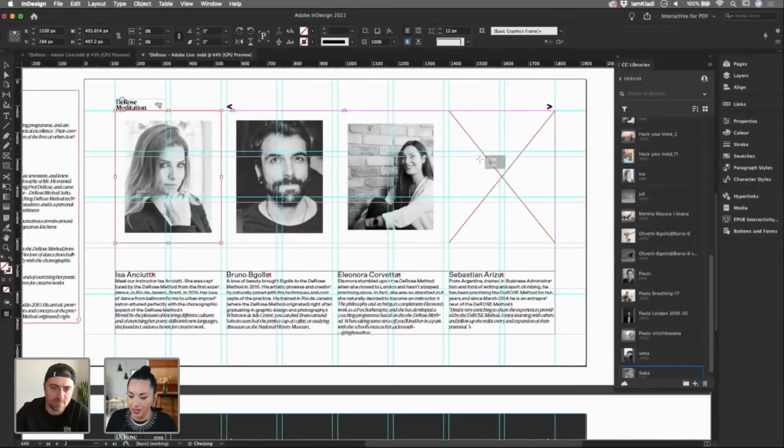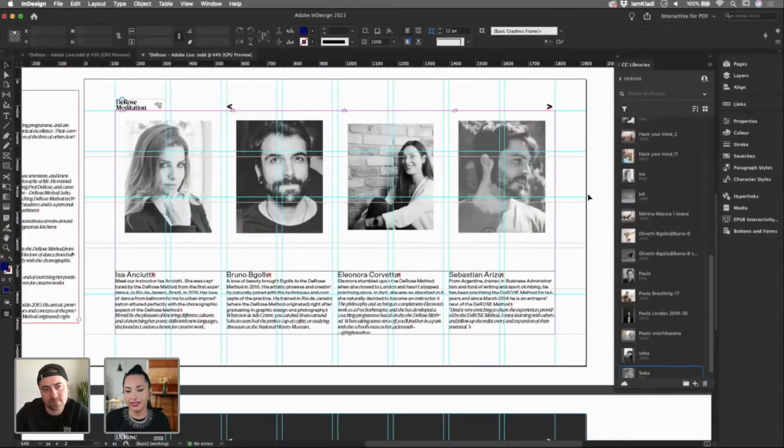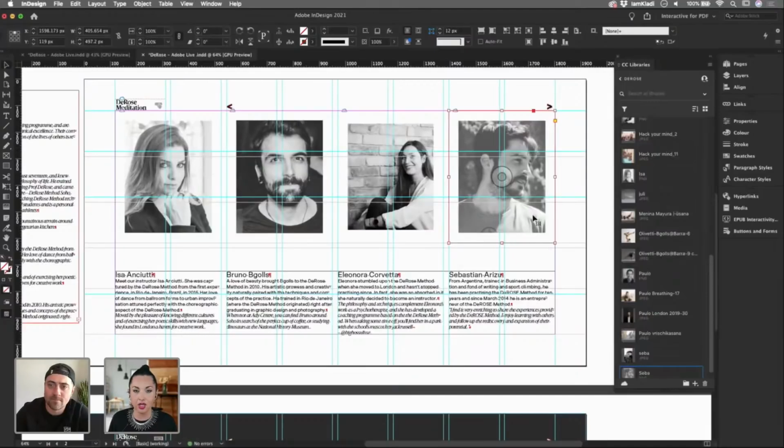Here it is. So what happened now is the images look like they have different sizes. The whole point of having these beautiful and organized frames was to make sure that all the images looked the same. But at the moment, because they have different sizes, they're not really taking advantage of all that space and all that real estate within the frame. So all I have to do now, and you can do that by selecting each single frame one at a time just by clicking on it, or you can also work on multiple frames at the same time by clicking and dragging over the different frames,